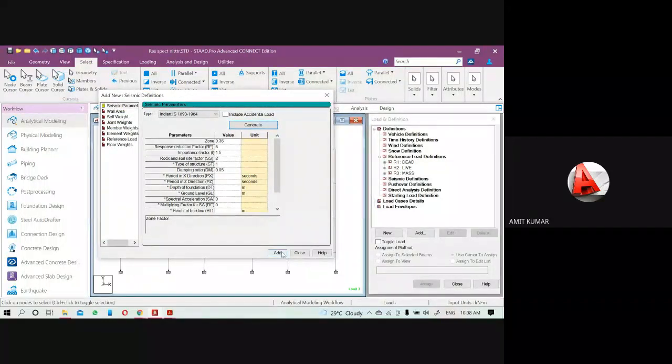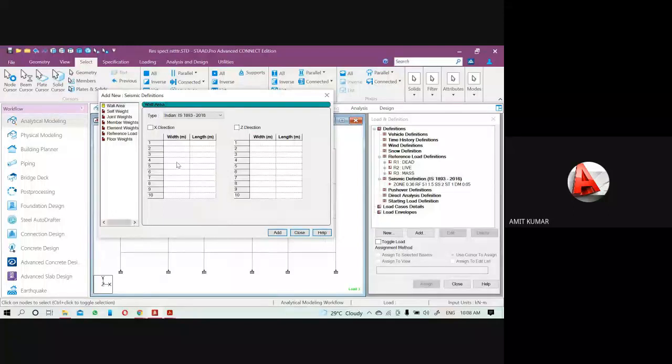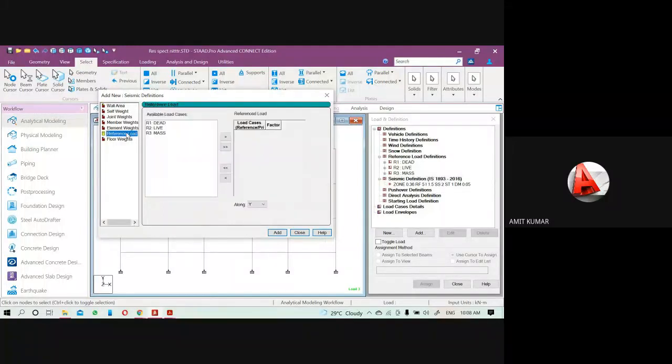Then click on add. After adding this, come to the reference load, select the mass and transfer it. Click on add. So you can see the floor load has been added through the reference load. Okay, then close it.